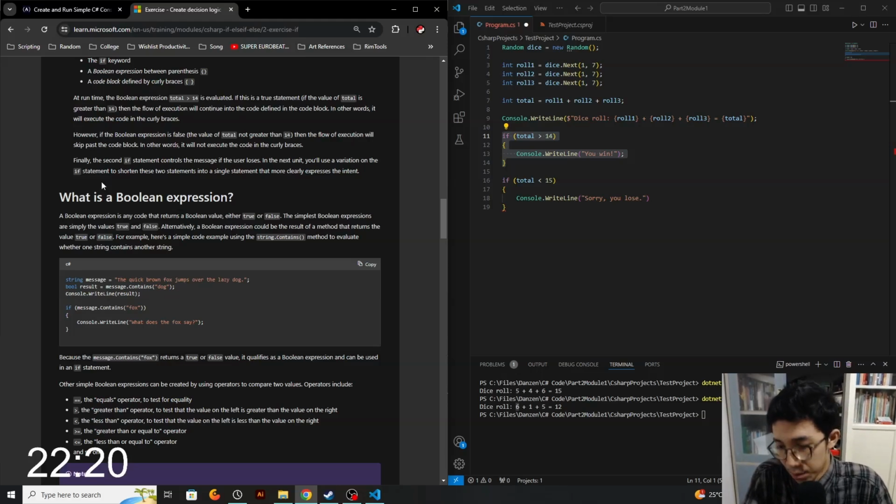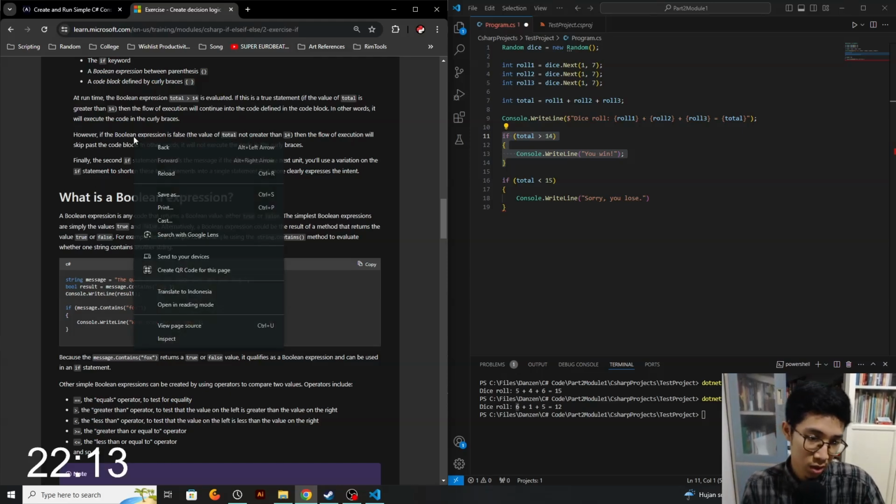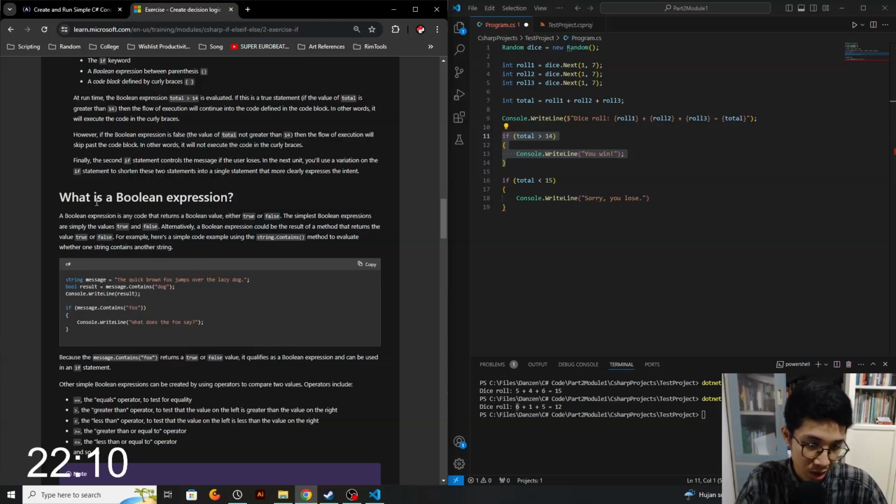So what exactly is a boolean expression? You already know about boolean, right? In day 2, we talked about the data types. There are so many data types, but we just learned 5 basic ones: string, char, integer, float, and finally boolean. This is the most interesting one, even though it only has either true or false, but it can be super complex